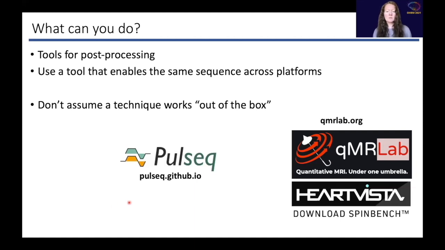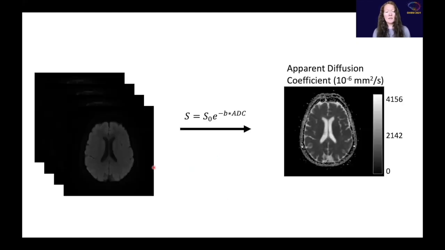I want to highlight tools to implement the same sequence across platforms. So PulseSeq and HeartVista have software that enable you to bypass the vendor system and run the same sequence out of a MATLAB or Python configuration. I think it's important to say that you shouldn't assume a technique works out of the box. You need to check that when you take these images, you're getting a valid map, and phantoms are key to